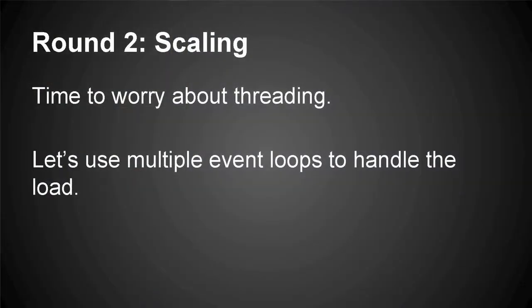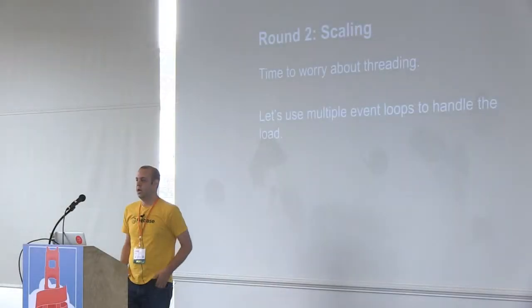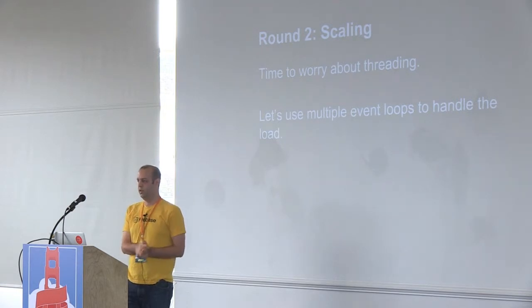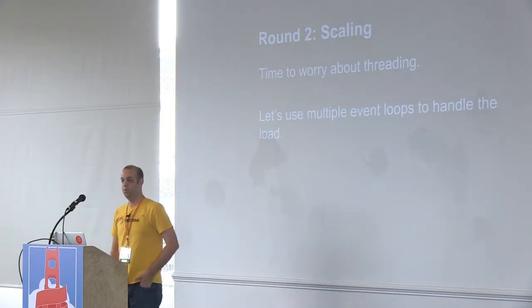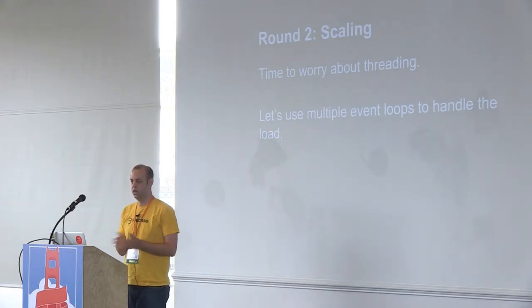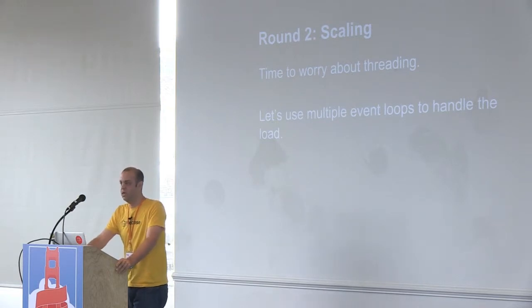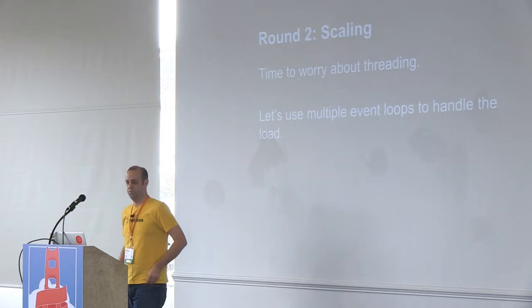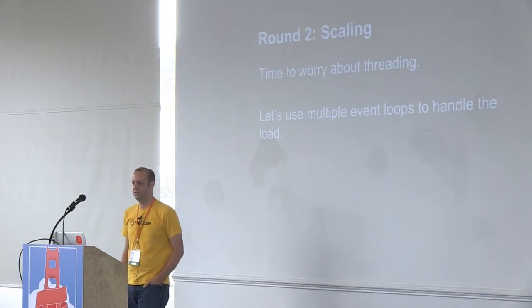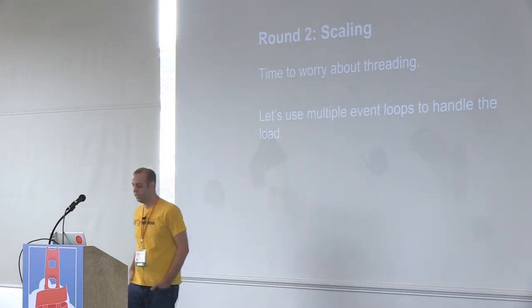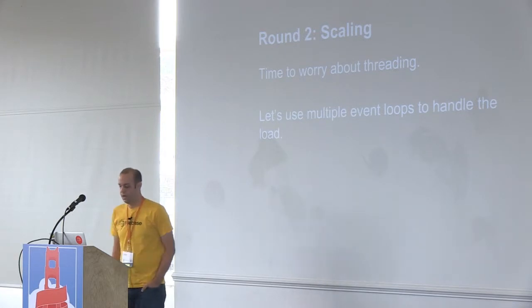So we're going to add more event loops to do that. This is part of where Netty helps us, is that when we get a new connection, Netty assigns that connection to an event loop in a pool of event loops that we give it. So this is great. We'll be able to handle a lot more connections by just sharding them over different event loops. But we've introduced some complexity here. Now we have race conditions in our application. That singleton with a Boolean is not really going to work anymore.